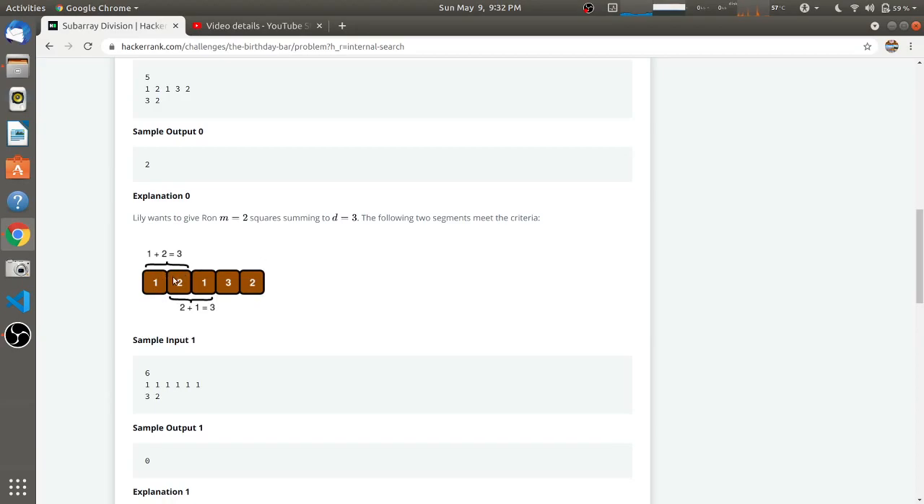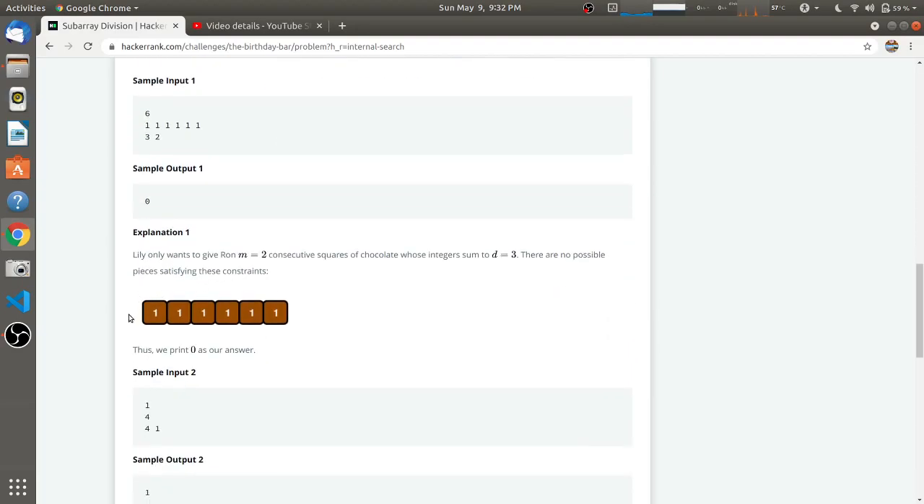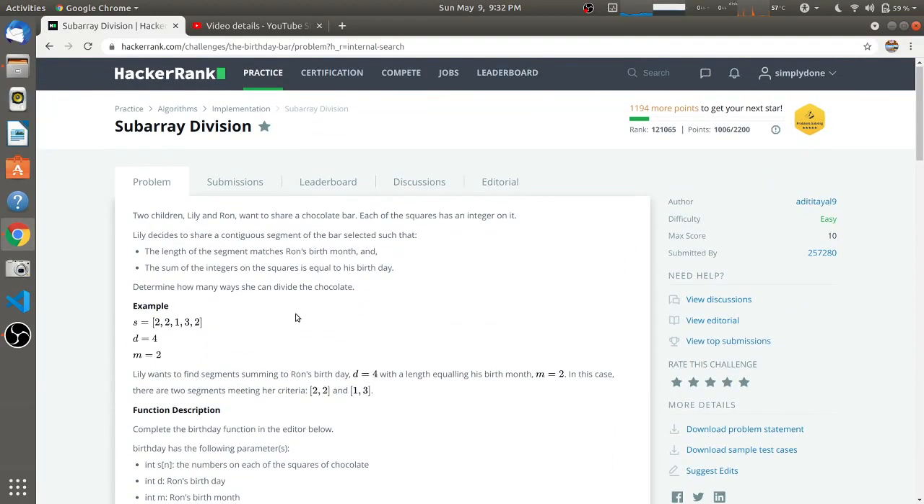For example, in this problem, there are five squares in a chocolate bar, and each square has a number on it. That is 1, 2, 1, 3, 2. And in the second example, the chocolate bar is divided into six squares, and each square has the number one written on it. So, jumping to the next statement, Lily decides to share a contiguous segment of the bar